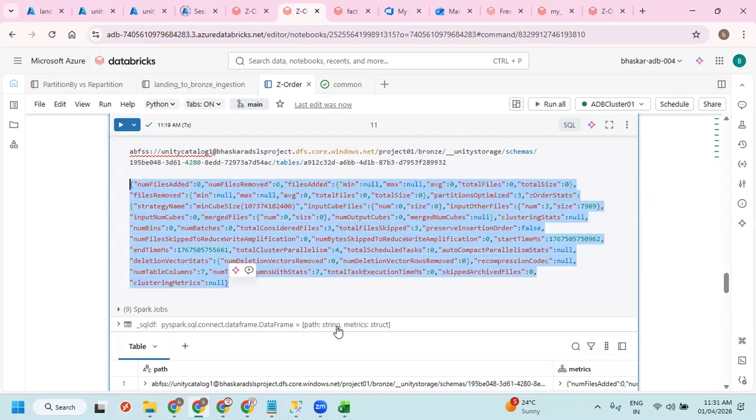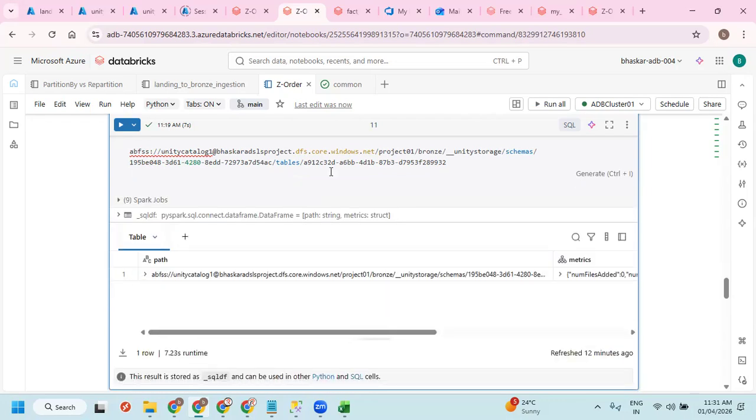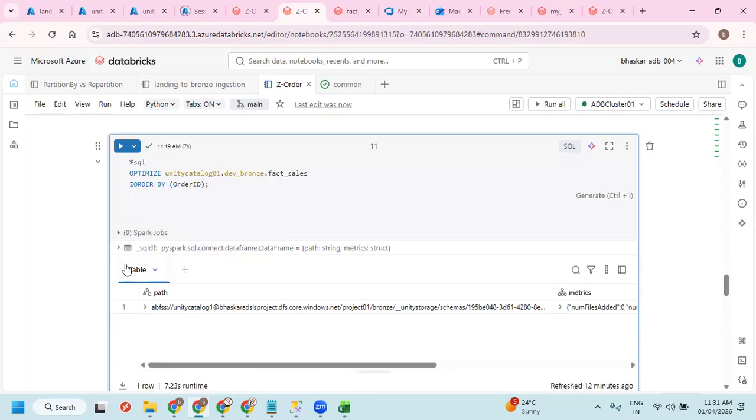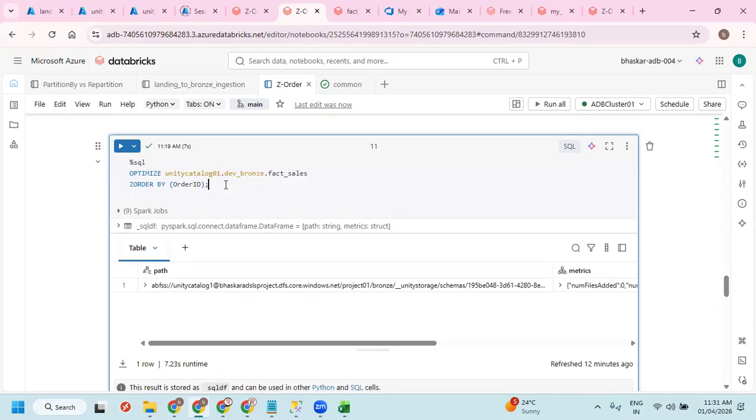Liquid clustering is also the same as this. They are asking about liquid clustering and bucketing; this type of thing they are also asking. Bucketing also, there is a chance they will ask. Maybe next time I'll talk about bucketing. In my case, we used only partition by. We never came across Z-order, but in the interview, definitely they're going to ask. If you can explain it theoretically, that is enough, because there is nothing to do here. Just one command only.